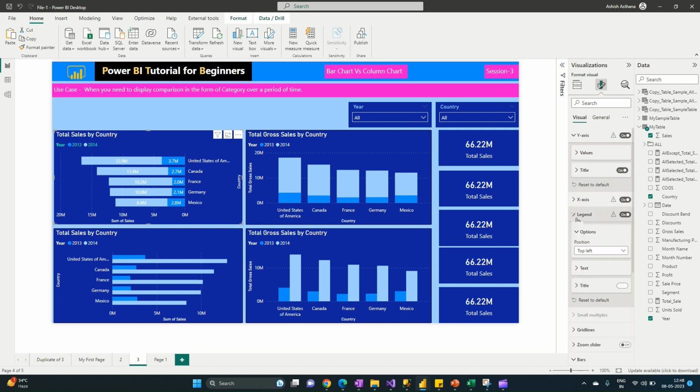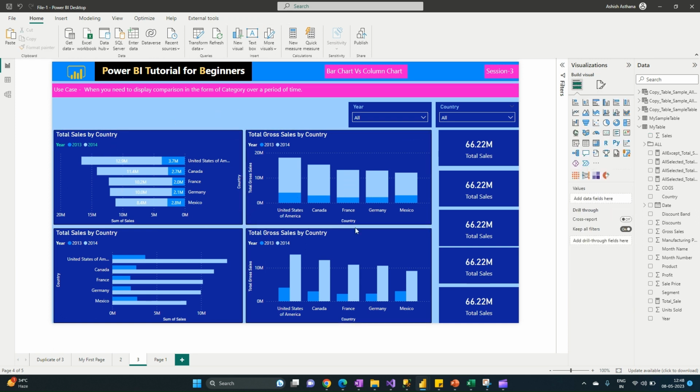सो गाइस ये है हमारा आज का वीडियो, जिसमें मैंने आपको शो किया है कंपैरिजन बिटवीन बार चार्ट एंड कॉलम चार्ट। आई होप समझ आया होगा कि बार चार्ट क्या है एंड कॉलम चार्ट क्या है, इनका यूसेस क्या है, इनकी फॉर्मेटिंग कैसे कर सकते हैं, कंडीशनल फॉर्मेटिंग कैसे अप्लाई कर सकते हैं, और कितना आसान है इसको लेना। इसके अलावा आप अगर बाहर से इंपोर्ट करना चाहते हैं, तो इंपोर्ट अ विजुअल आप डाल सकते हैं फाइल में। या अगर आपको और विजुअल चाहिए, तो पावर बीआई का जो ऐप स्टोर या विजुअल स्टोर है, आप वहाँ जाके भी इनको ला सकते हैं।